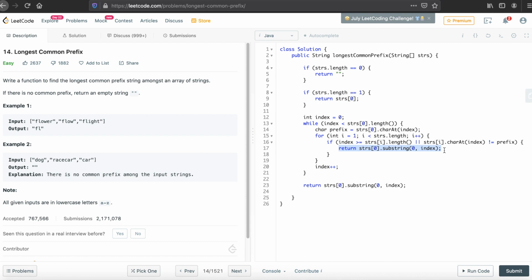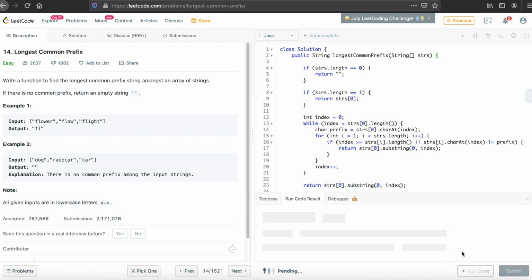And after this for loop we have incremented our index, and if none of the above return conditions are triggered, we'll simply return string 0 dot substring 0 to index.